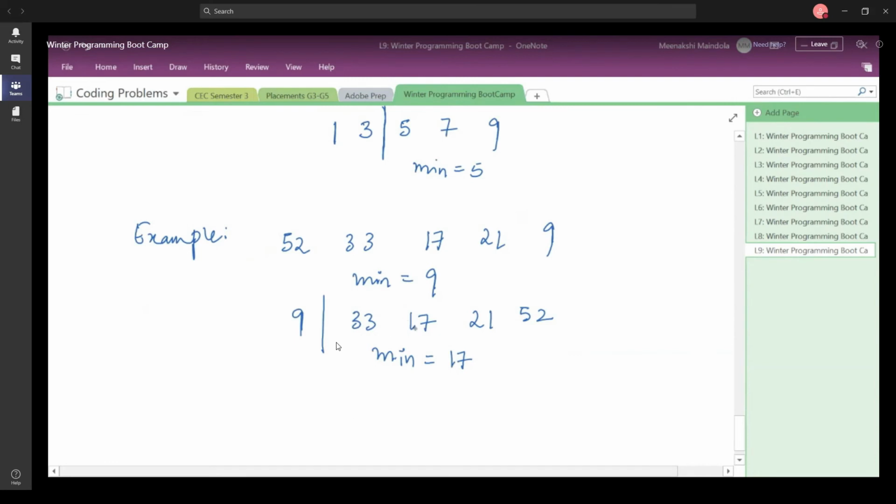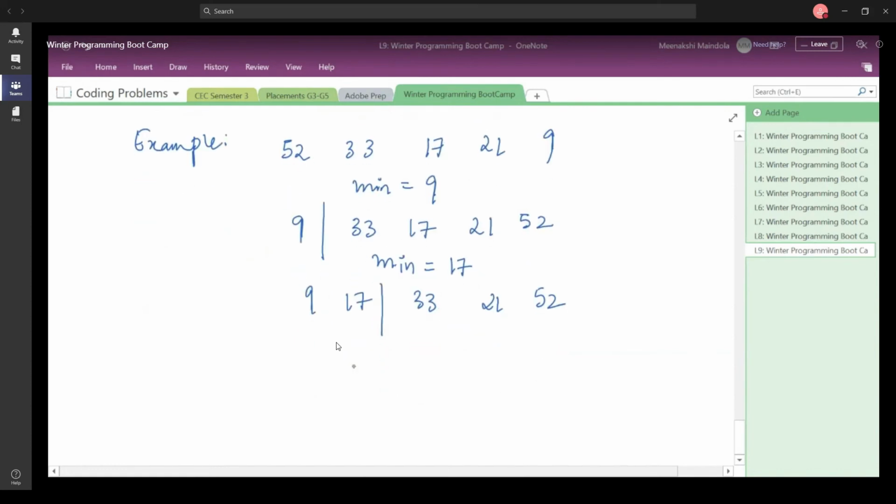And now you consider swapping 17 with the first element, so you have 9, 17, 33, 21 and 52, right? Up till this part, your array is sorted. Again, you find out the minimum element and this time the minimum element is 21. So you again swap it with the first element of the subarray that you have considered.